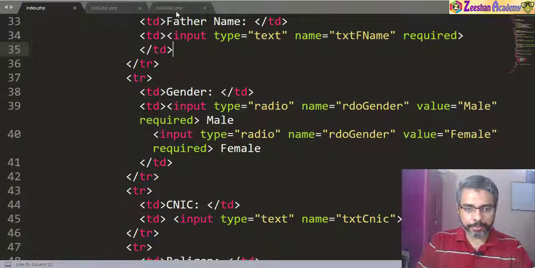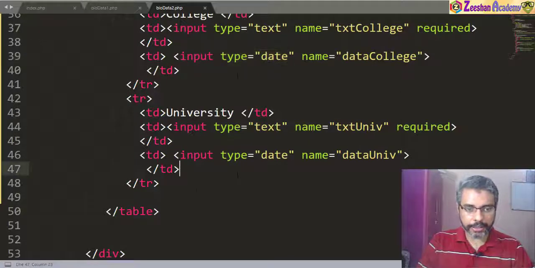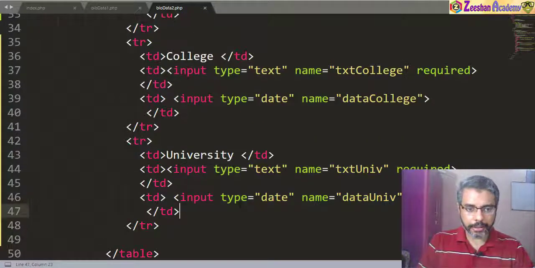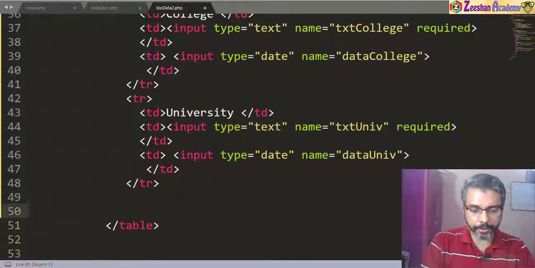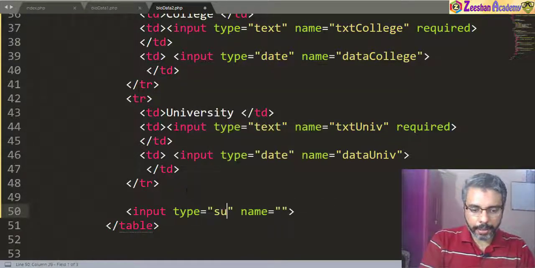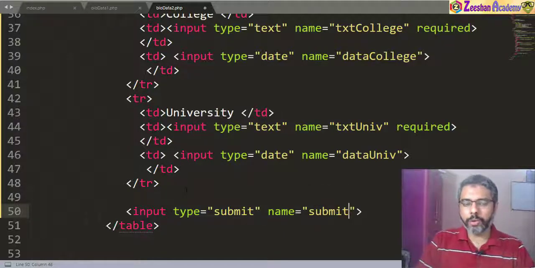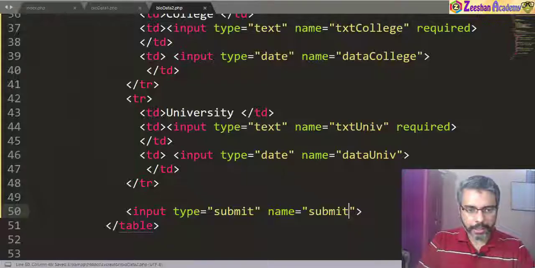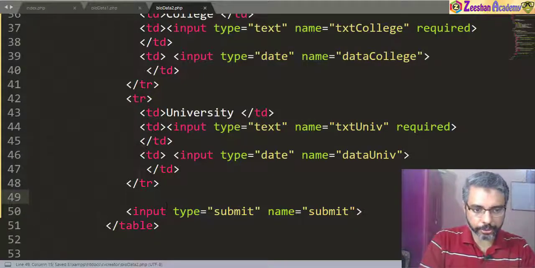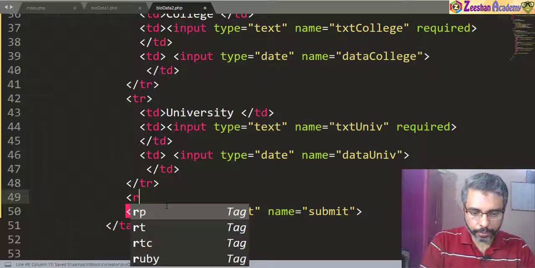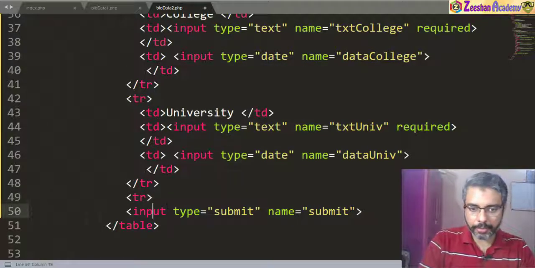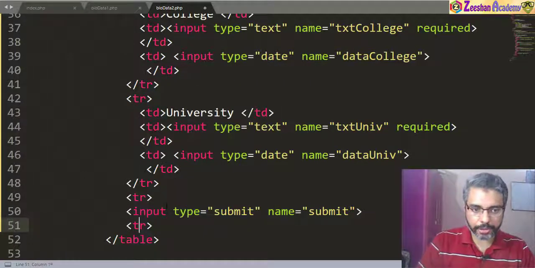In our biodata page, input, and I think I deleted the submit button. Okay, so input submit, submit, and name can also be submit. Okay, so now once we click on the submit button, it should have that value available. This was supposed to go inside table row. Okay, and this as table row, backslash,